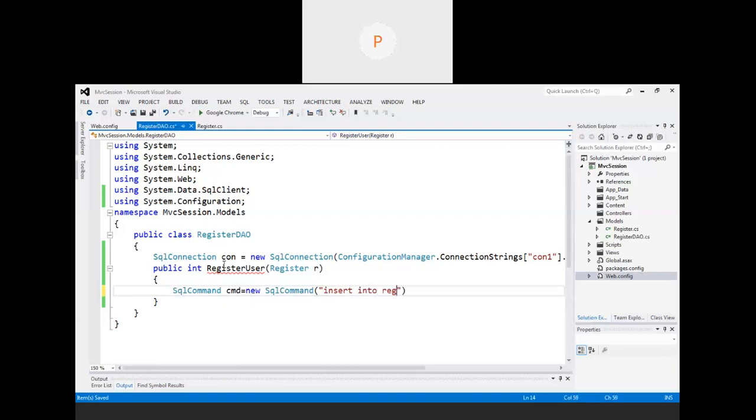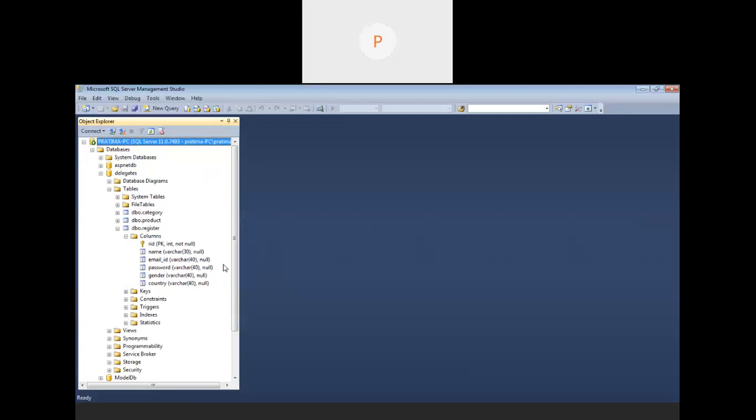Register values. Now I have to start by inserting the name because anyhow our ID is not required. So I will say r dot name, because we are accepting the data from this object r. In the same way, second I have to insert email ID. Let me just check the sequence. Correct. Email ID, password, gender, and country.